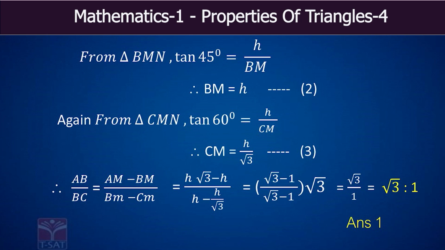Now AB by BC, you are asked, AB by BC is equal to AM minus BM by BM minus CM, which is H into root 3 minus H by H minus H by root 3, or that is root 3 minus 1 by 1 minus 1 by root 3. So that is equal to root 3 by 1. So answer is option number 1,